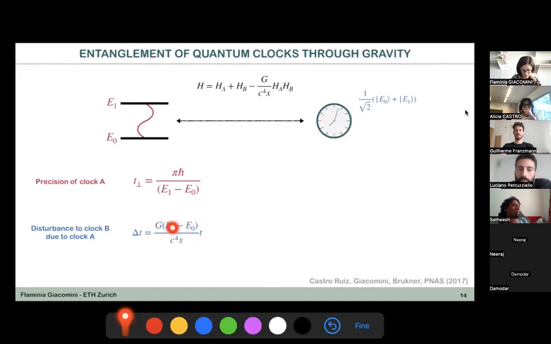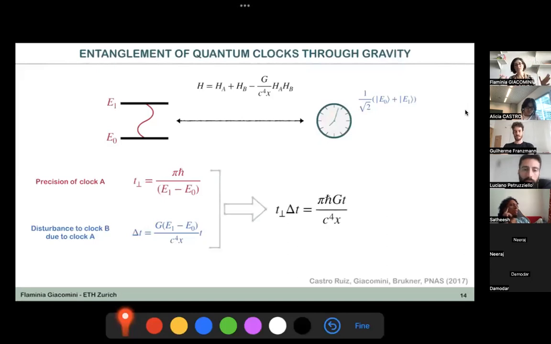It's G times the energy gap times T divided by c squared times x, the distance between the two clocks. So now I have the precision of clock A and the disturbance on clock B due to clock A. This leads to some type of uncertainty principle. I can multiply these two numbers and I see